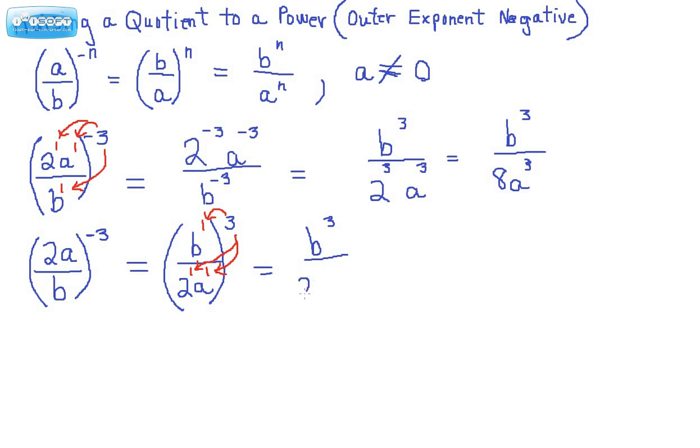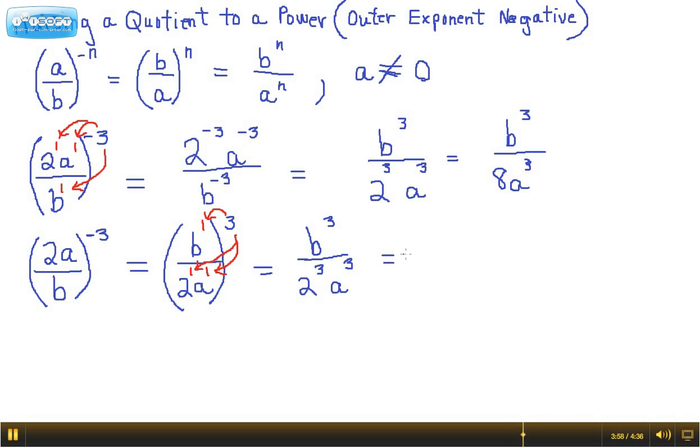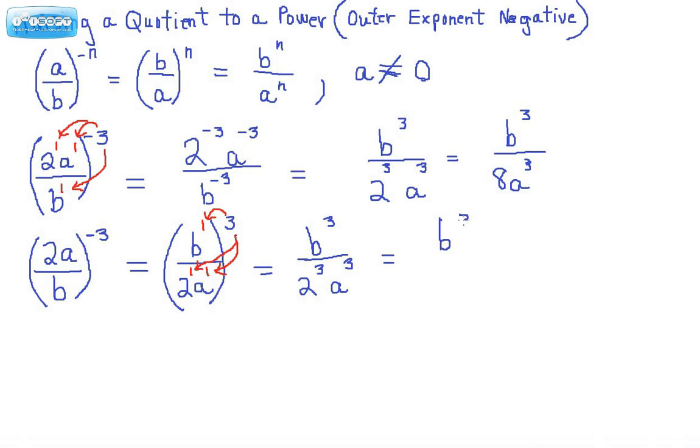We keep the 2 and multiply and get 2 to the third. We keep the a and multiply the exponents. And then we want to go ahead and raise our 2 to the third power. So we have b to the third, 2 to the third is 8, and we have over a to the